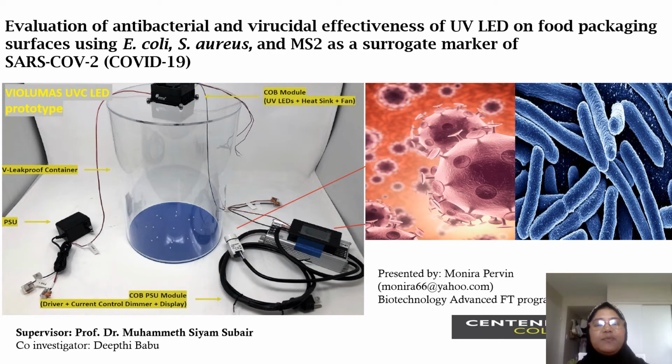This is a capstone project partnered with Violumas, who manufactures UV LED. Here you can see the picture of a prototype UV LED provided by Violumas. The aim is to test the efficacy of the UV LED device in disinfecting grocery packaging in retail outlets to prevent